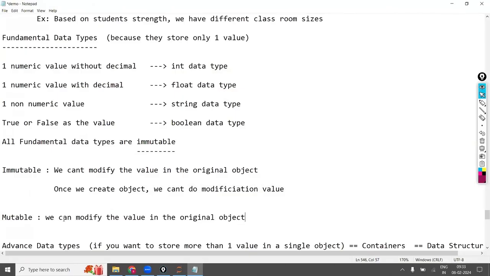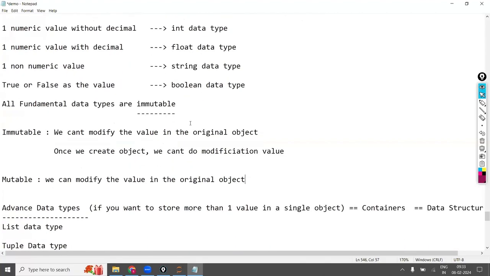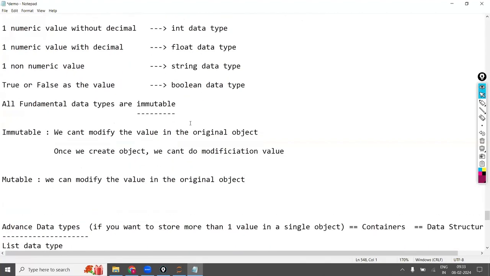Sir, example for that? All the fundamental data types are immutable. So int, float, string, boolean, none of them is mutable. What is mutable? List. List is mutable.